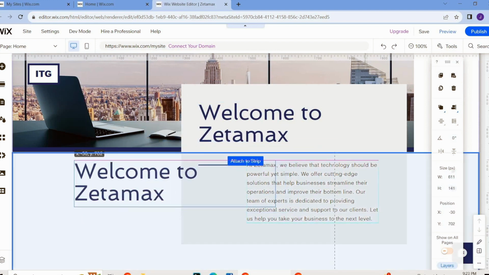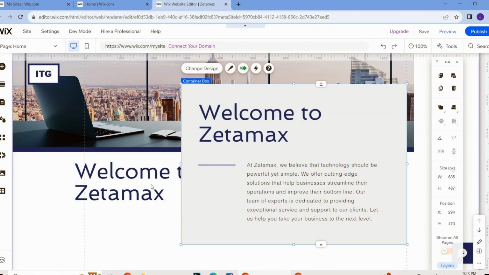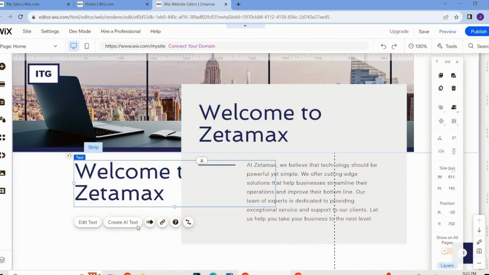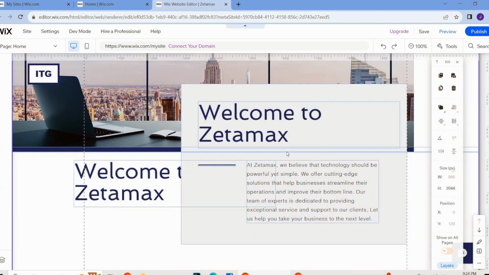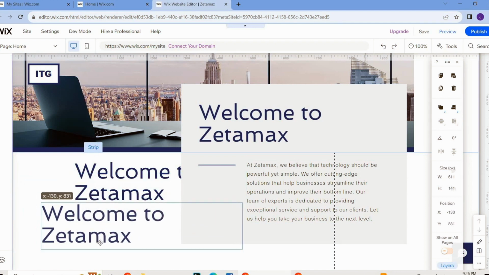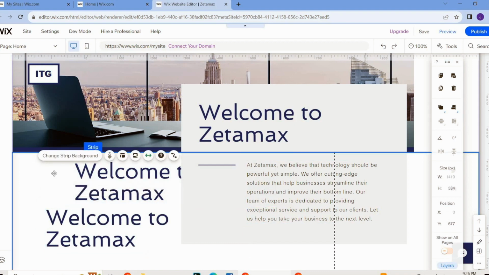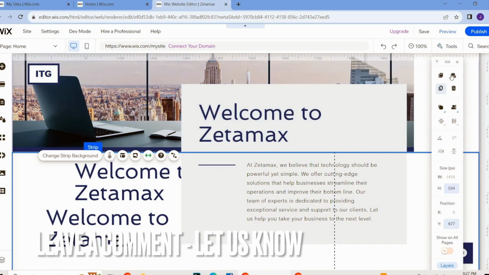As you can see, this is the copy of this text, and you can also paste this text by pressing Ctrl V. As you can see guys, this is the text I've pasted here by pressing the key. So guys, in the same way you can copy and paste any text, element, object or picture on your website by using these features